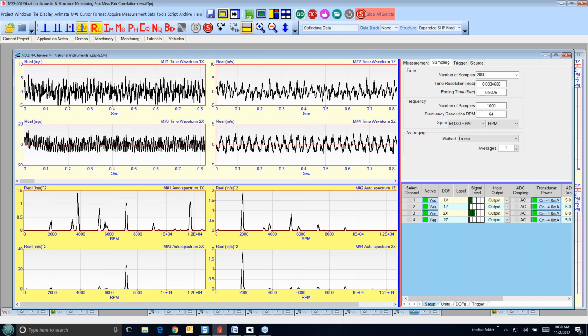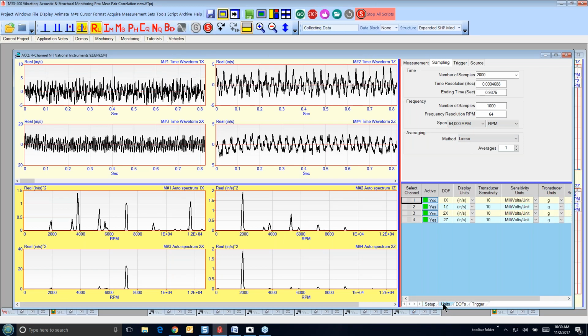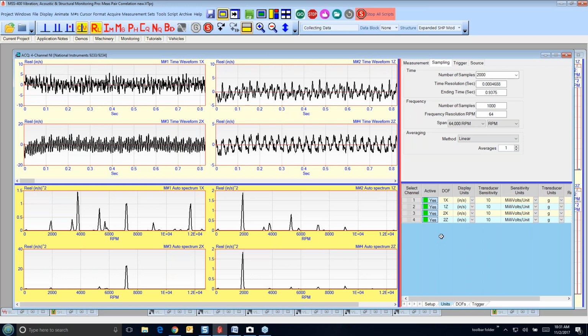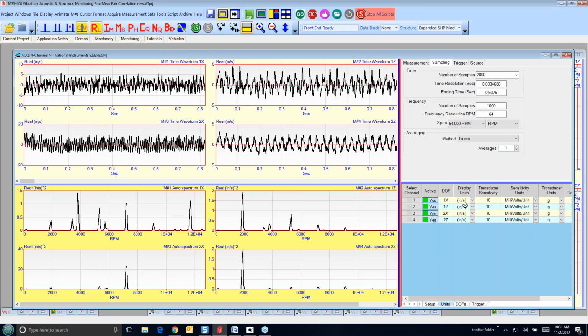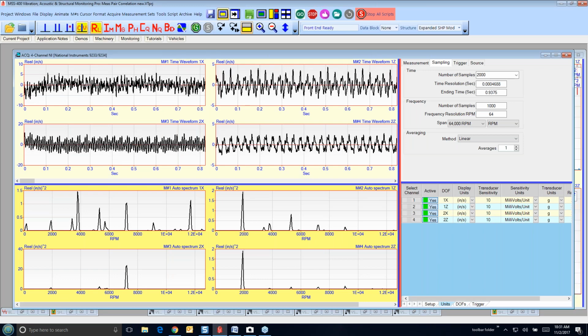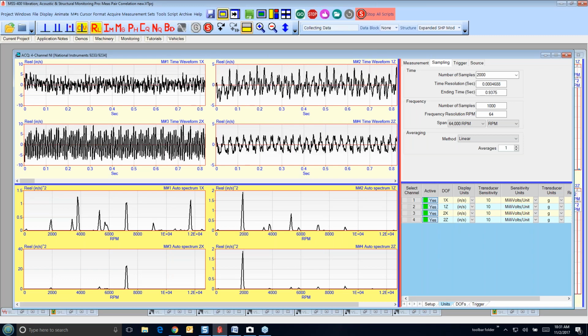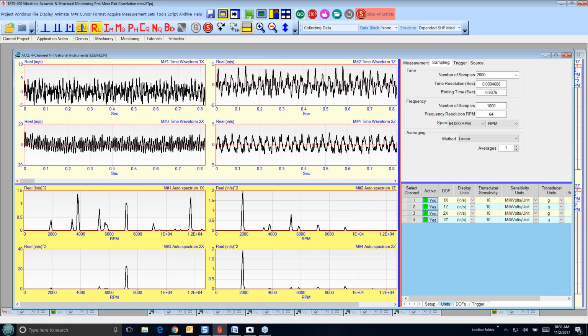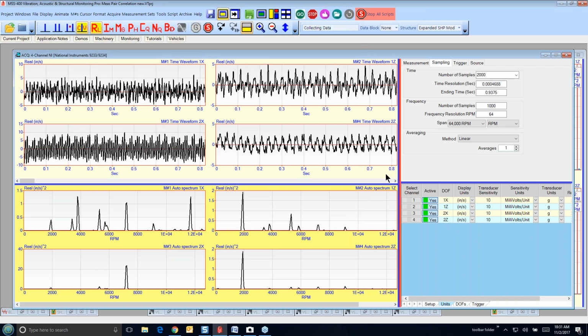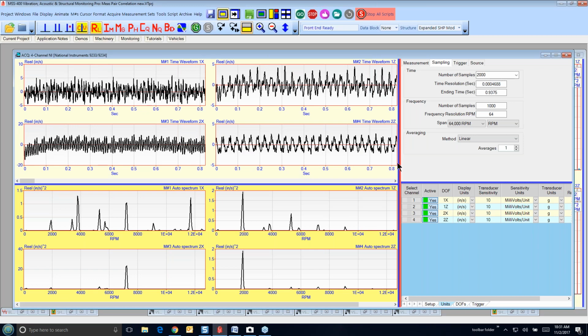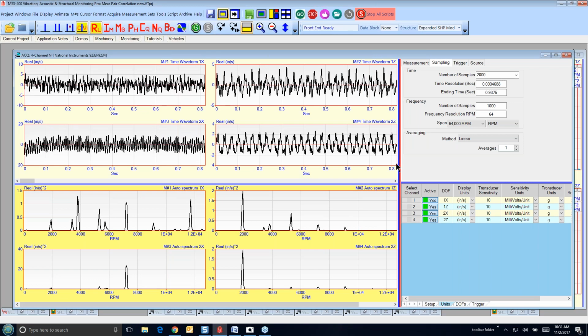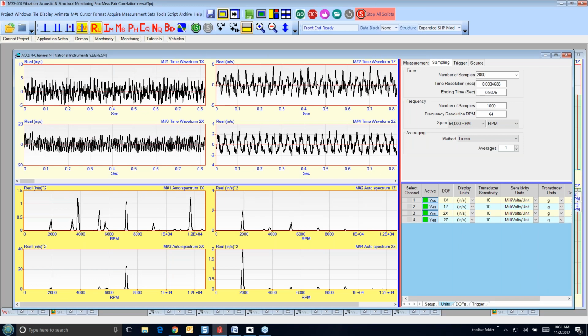Now, something else you can do in the acquisition window is if I set my units up, and you can see my units are in inches per second. So MEscope is automatically integrating this data to display it in inches per second, even though it's accelerometer data coming in from the accelerometers, or it's acceleration data.